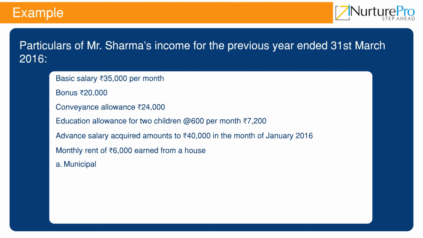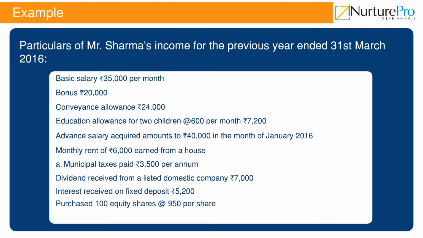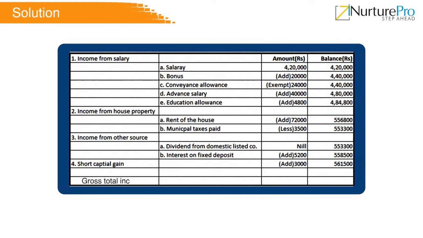Municipal taxes paid rupees 3,500 per annum. Dividend received from a listed domestic company rupees 7,000. Interest received on fixed deposit rupees 5,200. Purchased 100 equity shares at rupees 950 per share on 10/10/2015 and sold it at rupees 980 per share on 28/2/2016. The gross total income of Mr. Sharma is rupees